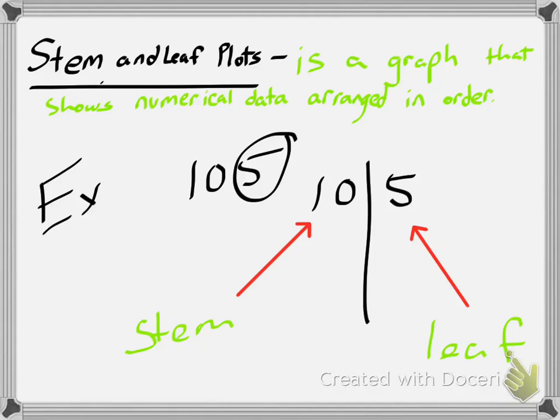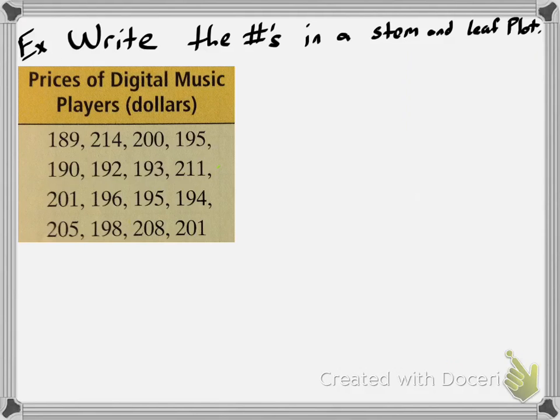And the reason why we do this is because it makes our listing a little bit shorter and makes it a little bit easier to read data. And I'll show you how. Let's do this one for example. Here we have a list of numbers, and it wants us to write in a stem and leaf plot form. So what you're going to do is you're going to draw a line,